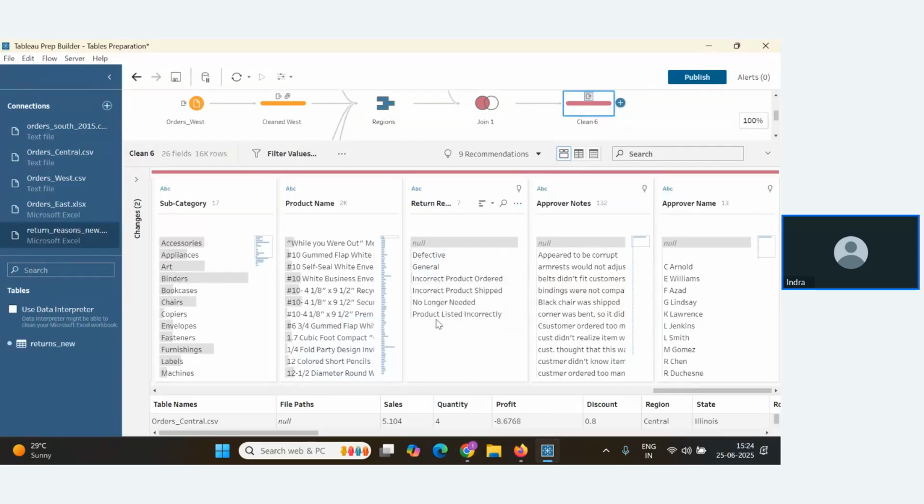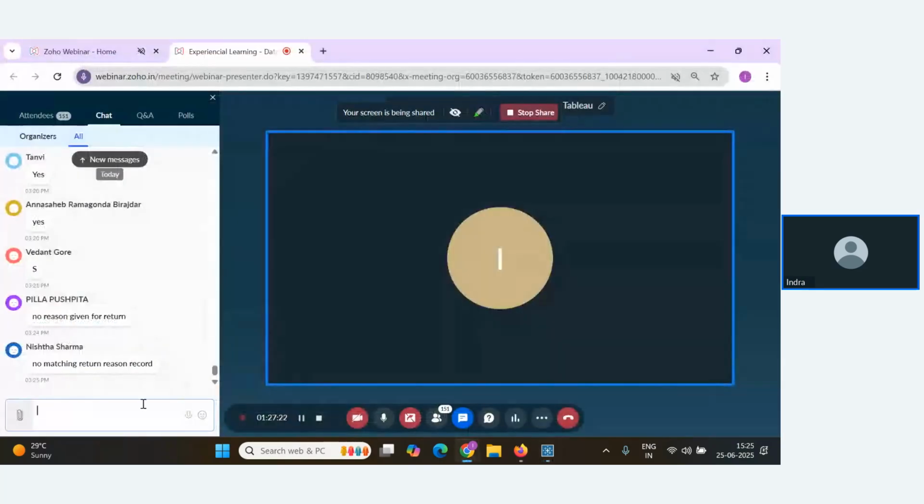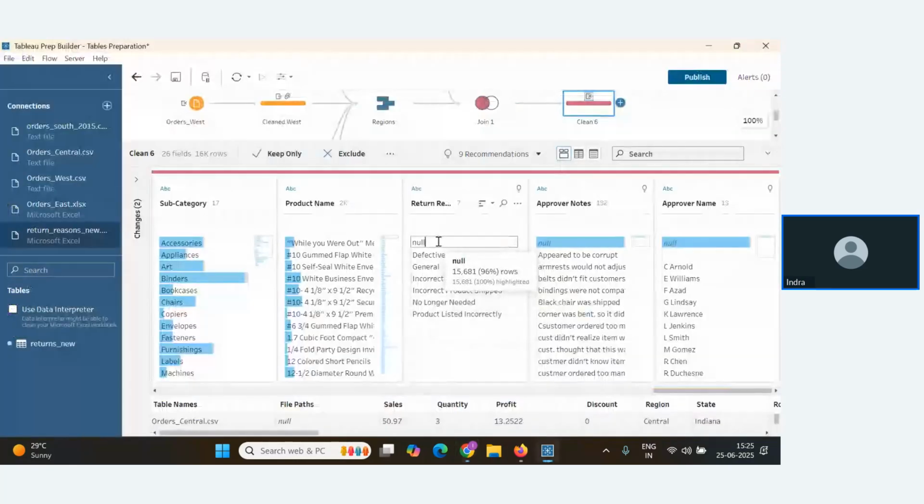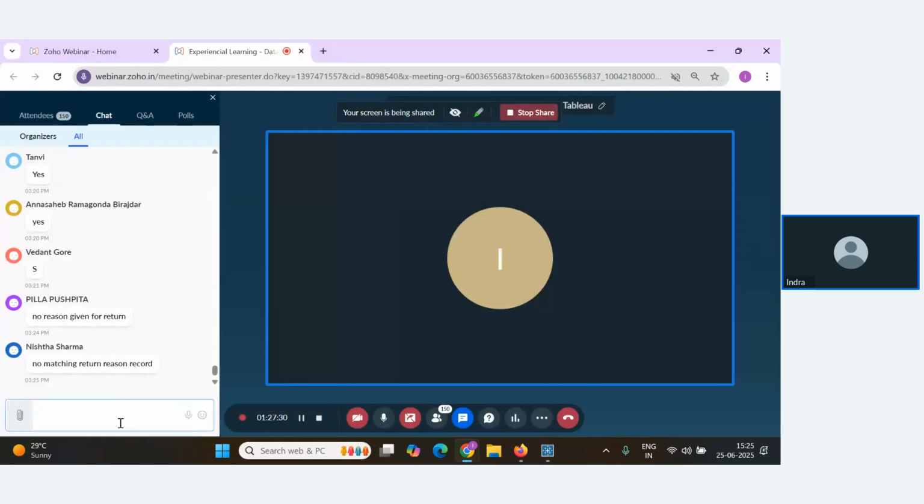And these are the reasons for them. Got it? Understood? These many orders were not returned. That is why for them it is showing null.